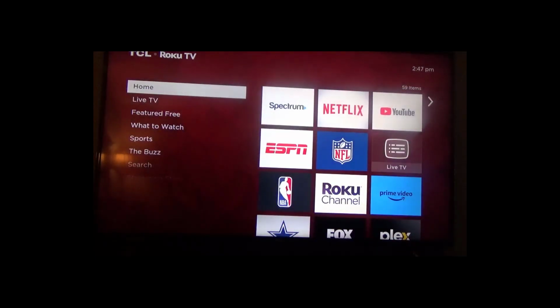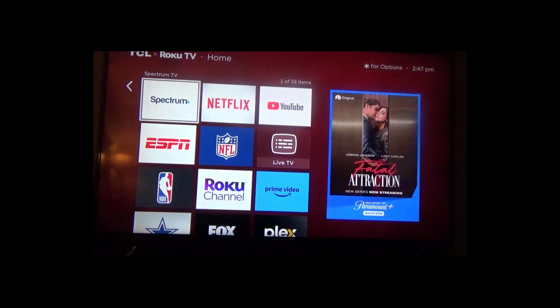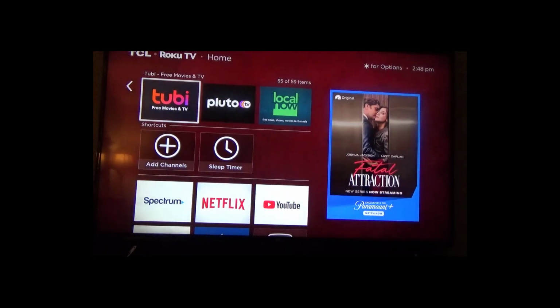But here's the way I usually do it. I have the main channels, like I said, at the beginning here and at the end. Because instead of scrolling all the way down to the end, and you see I have 59 items there, I just go up. So if I want to go to the end of the grid, with the home grid here, I just hit the up arrow. And these are two channels that I've been watching quite a bit, Tubi and Pluto. I like the Pluto channel, and this is free,